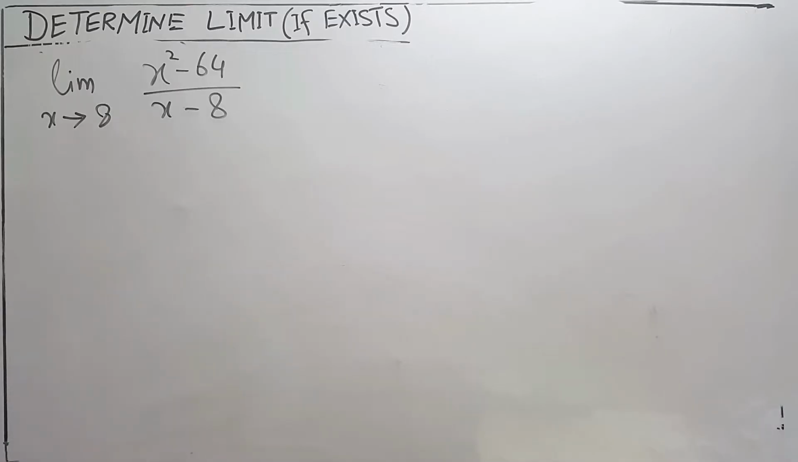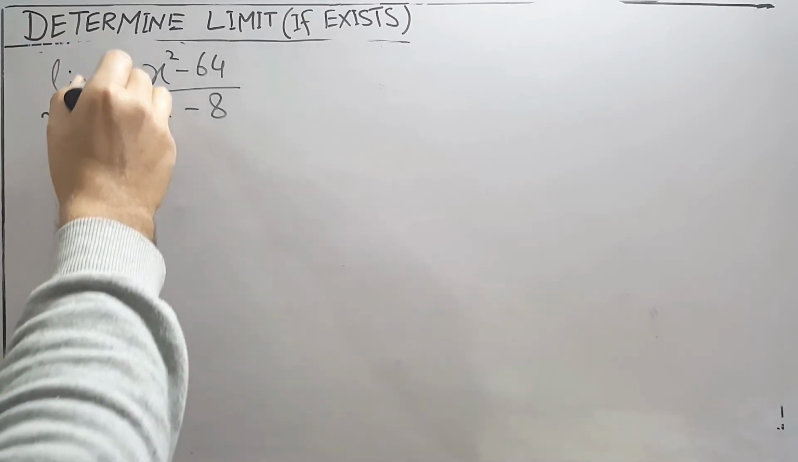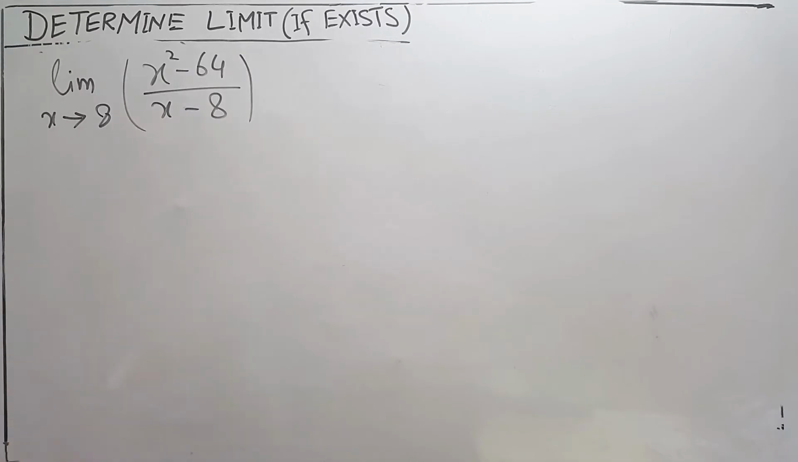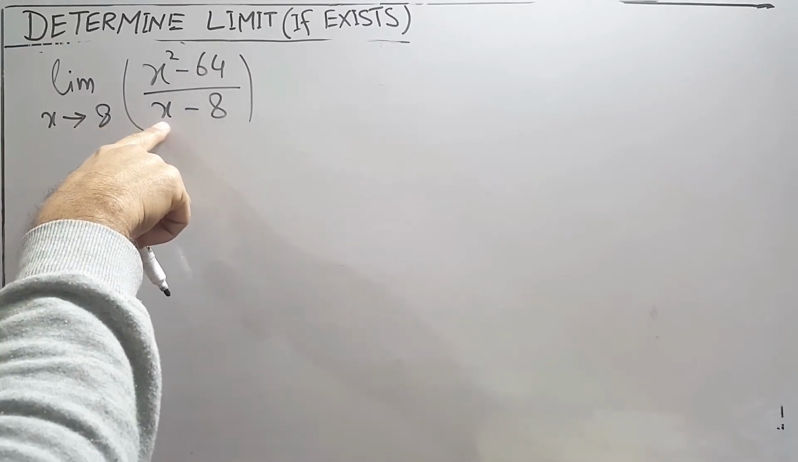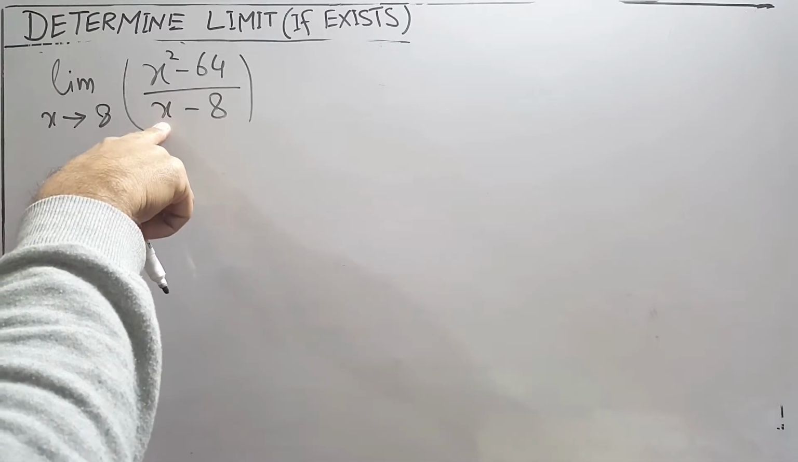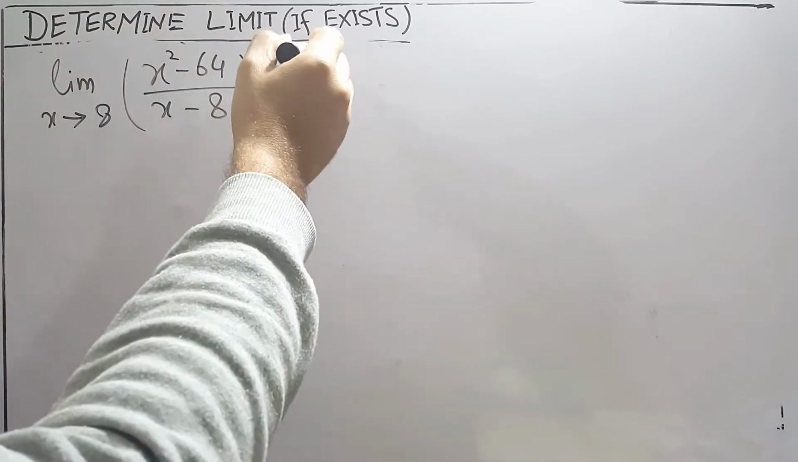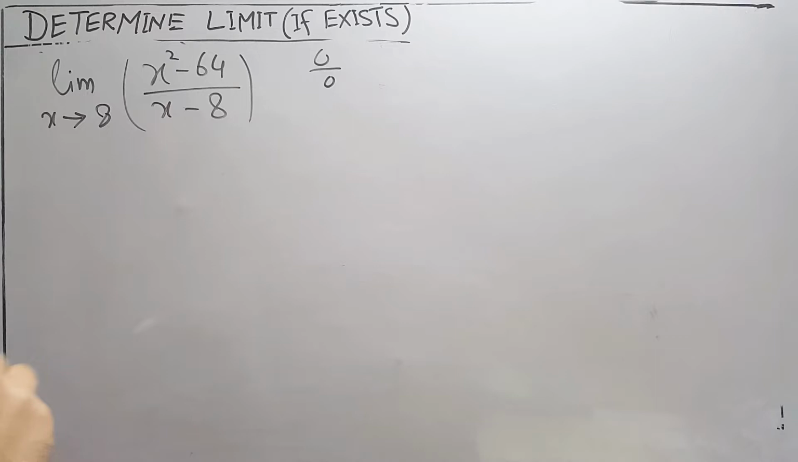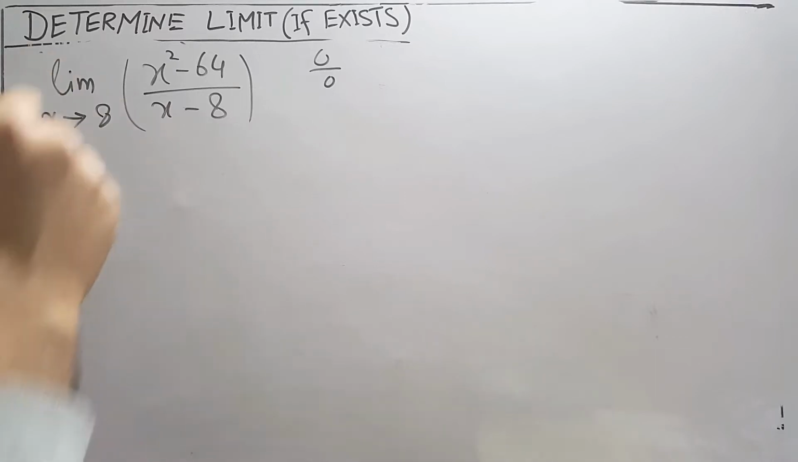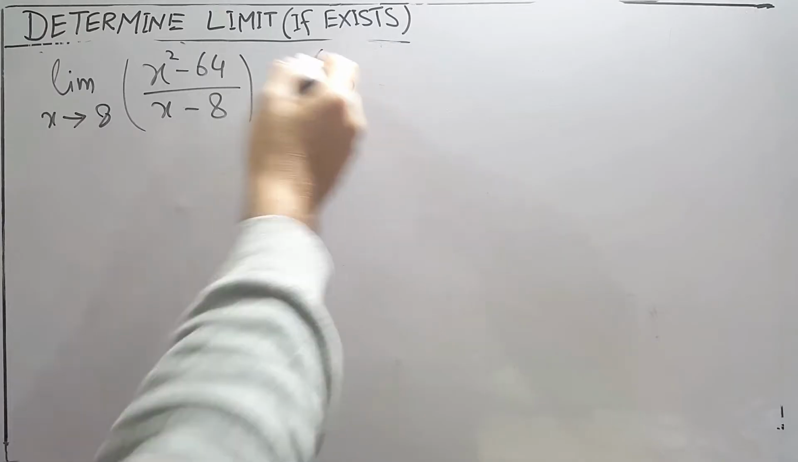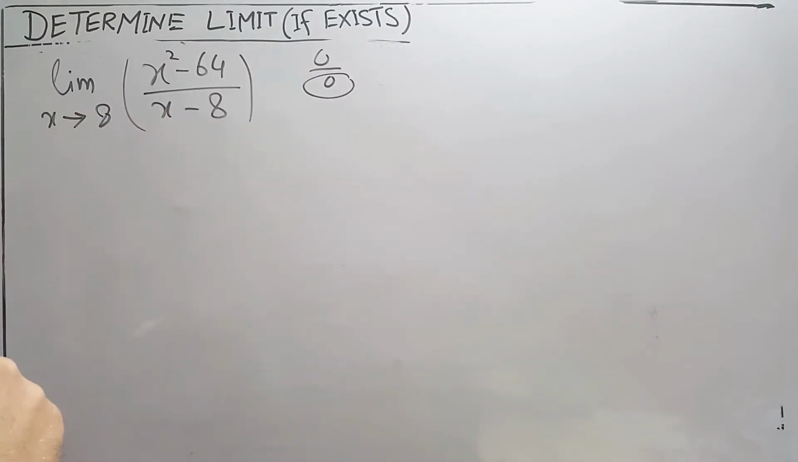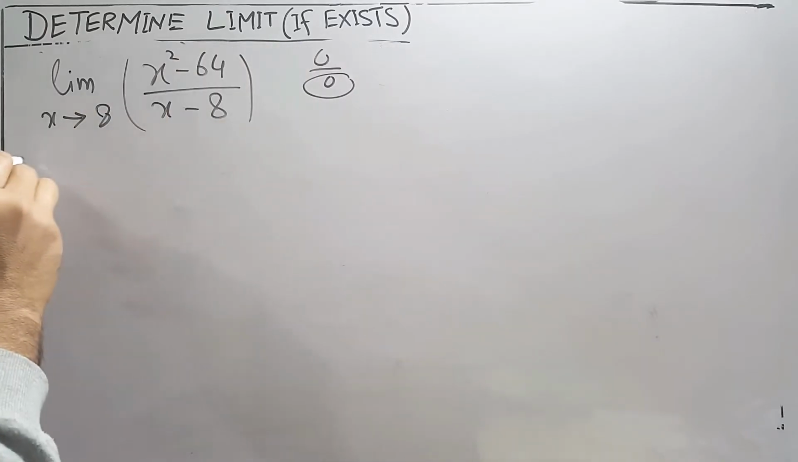So if you have a function for which you have to find the limit, and the function is of this type, then you have to look at it. If you put x is 8 here, this gives us 0, and here it gives us 0 by 0 form. So if this is the form, it means some simplification can be done. You have to cancel the 0 from the bottom. So for that, what you have to do is